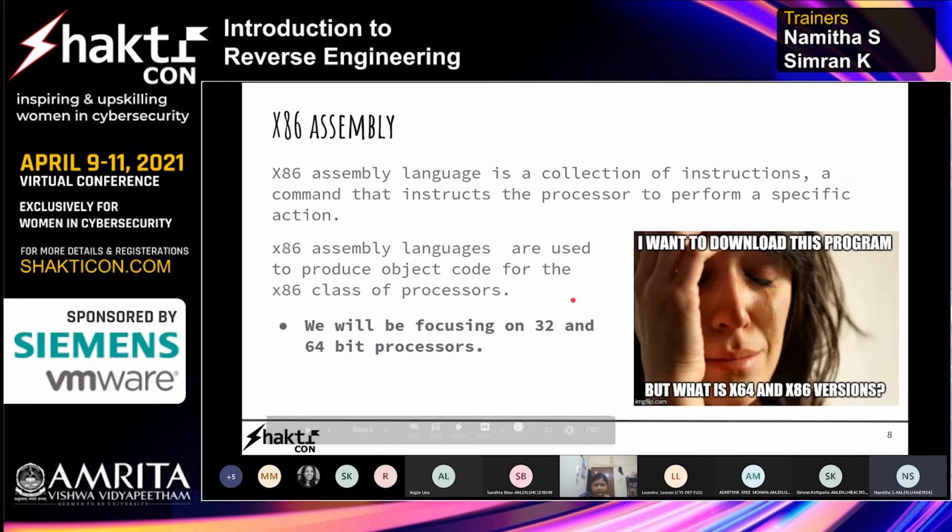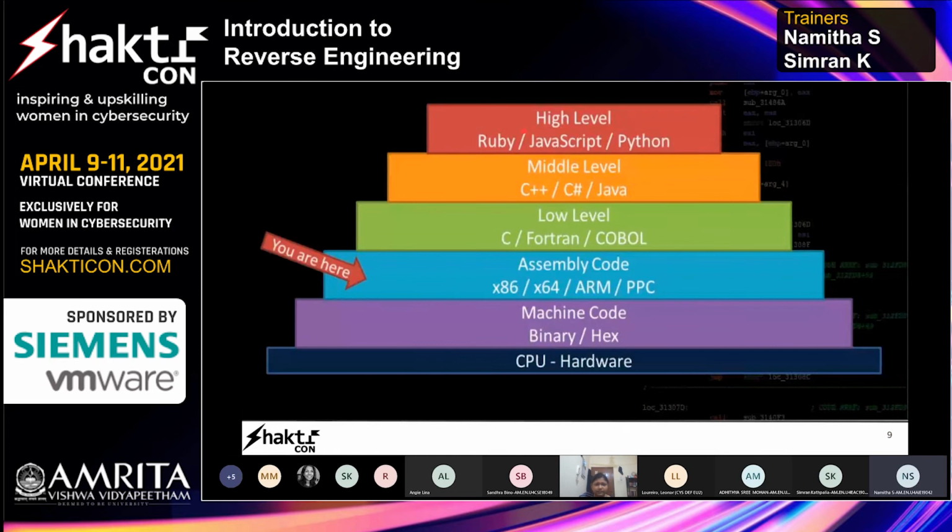So when you look at the levels of programming, you can see that there are many levels in the programming world. The high level languages include Python, JavaScript, Ruby and so on, which you might be familiar with, at least Python maybe. Another one is the middle level, consisting of Java, C++, C#, and the low level has languages like C, and only then comes the assembly code, that is x86 and x64 included.